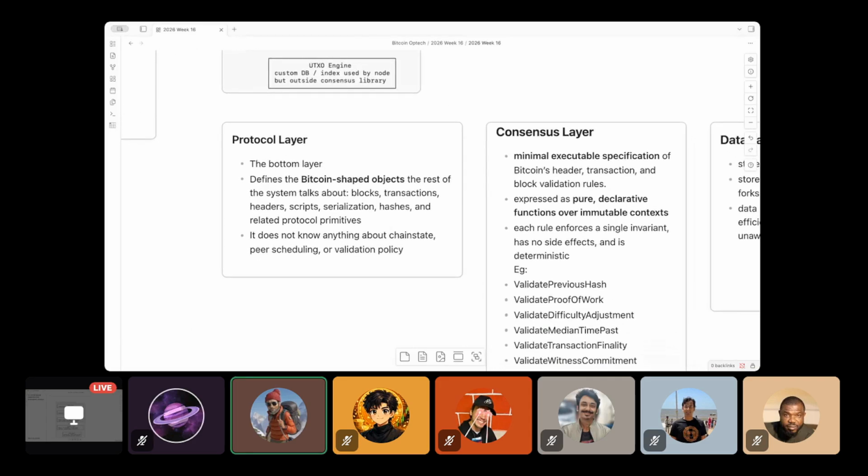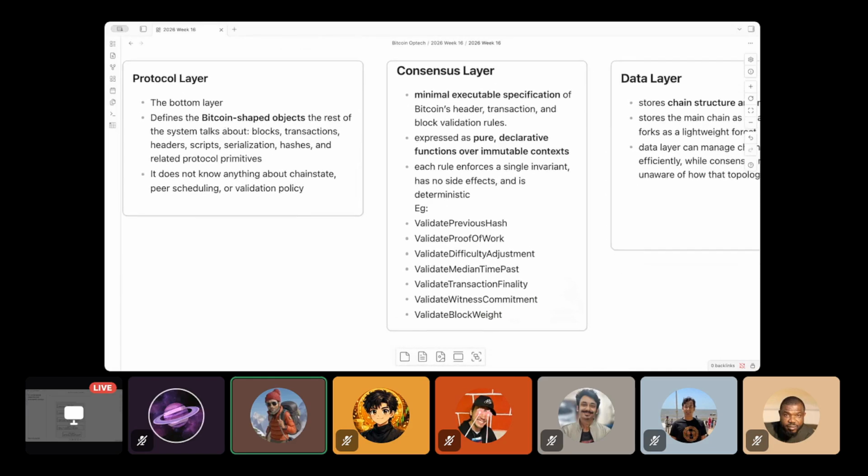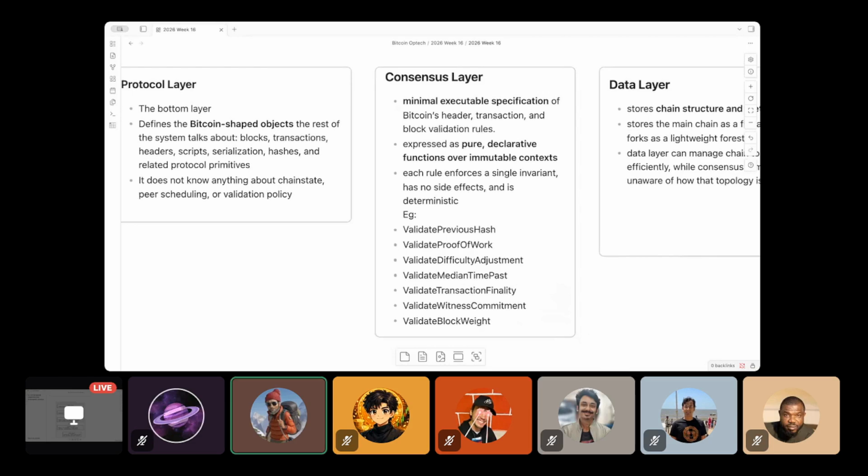Then on top of it sits the consensus layer. As we talked about, the consensus layer will be very clear, declarative, and immutable. That is, it doesn't depend upon anything else. All that has to do with consensus will be defined in this layer. For example, it will have something like a validate previous hash function, where it checks whether the previous hash of the block that is included in this block is valid.